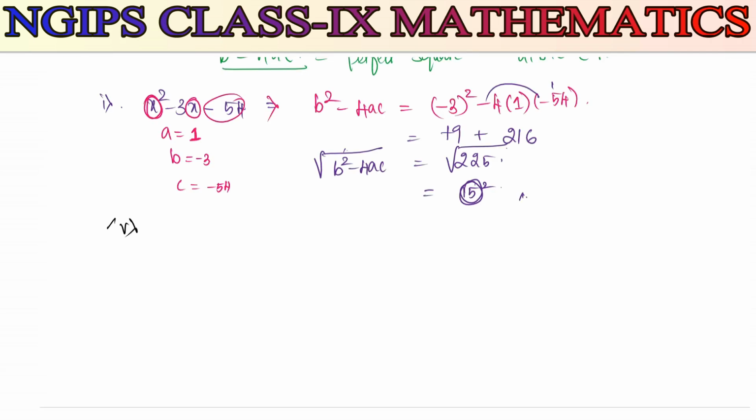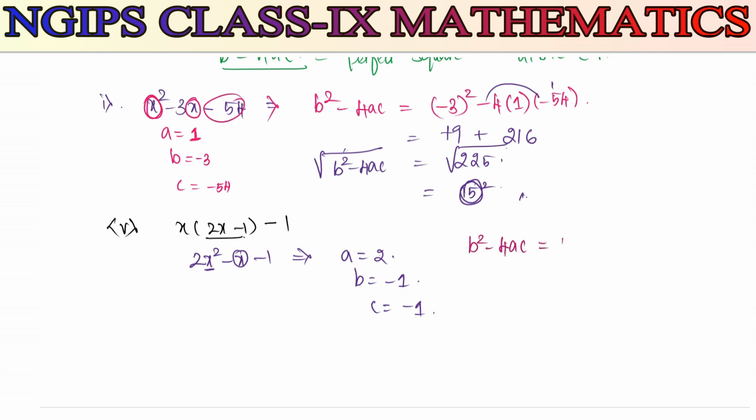The fifth one we have here, x into 2x minus 1 minus 1. This x is common for both the terms. When you multiply here we are going to get 2x square minus x minus 1. Here we need to take a value, it is the coefficient of x square, it is positive 2. B value is the coefficient of x, so it will be minus 1, and c is going to be minus 1. We have to apply b square minus 4ac. B square minus 4ac should be a perfect square,